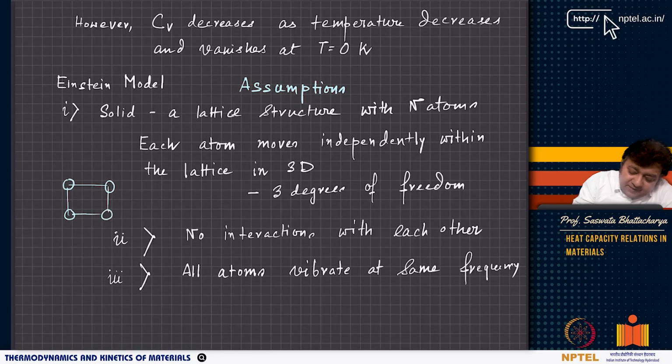Now this atom has all these 6 degrees of freedom, and it is moving independently. It does not care about this atom's movement, or these ones, right? So it does not care whether this atom is moving this way or this way. It will be moving independently. And in 3D, with this constraint, we are talking about 3 degrees of freedom.